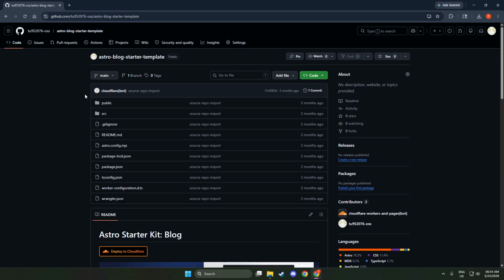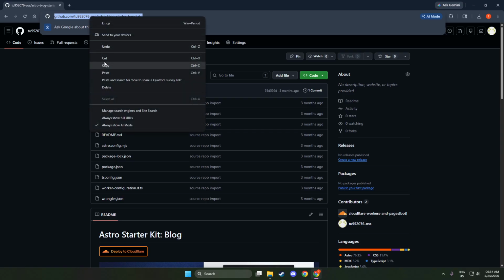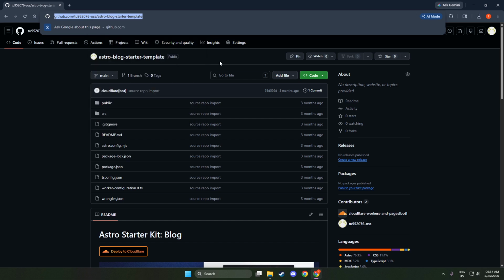Next, copy the URL from the browser's address bar. This is the clean, human-friendly link that people expect to receive. It typically looks like github.com/the owner name/the repository name. Be careful not to copy links from places like the code dropdown, which are meant for cloning and can show SSH or HTTPS clone addresses that aren't ideal for simple sharing.